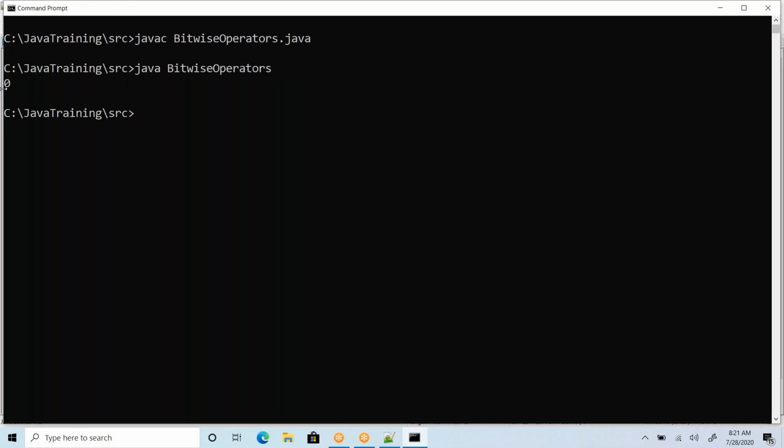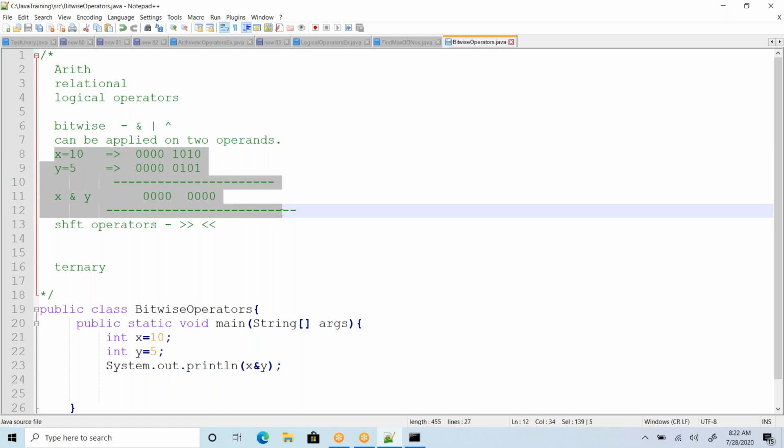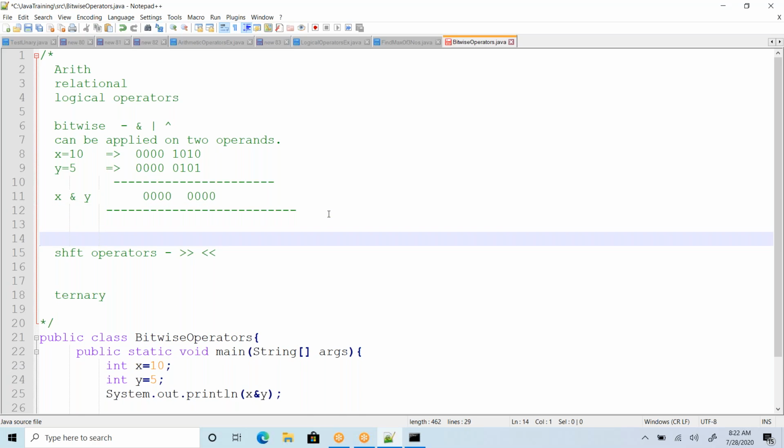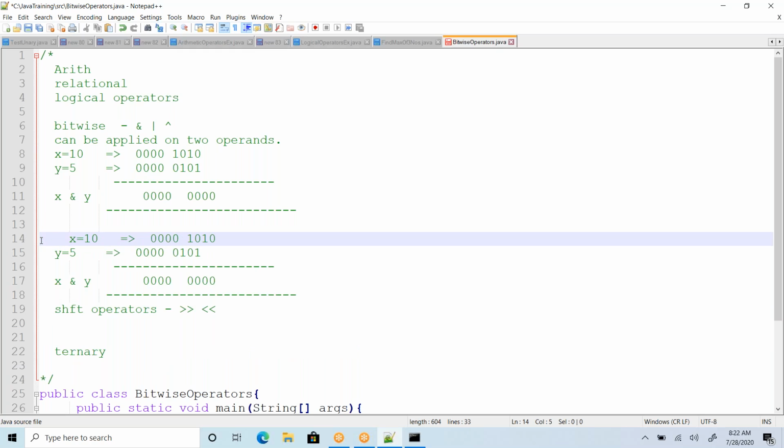Now I'm just running this. So the value is 0, which means whatever our analysis was is right. If you convert this into decimal format, the value is going to be 0. In a similar way, you can apply the OR condition. If you apply OR, how is it going to work?